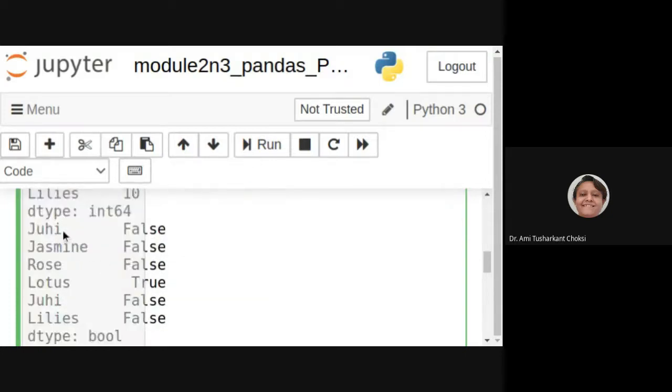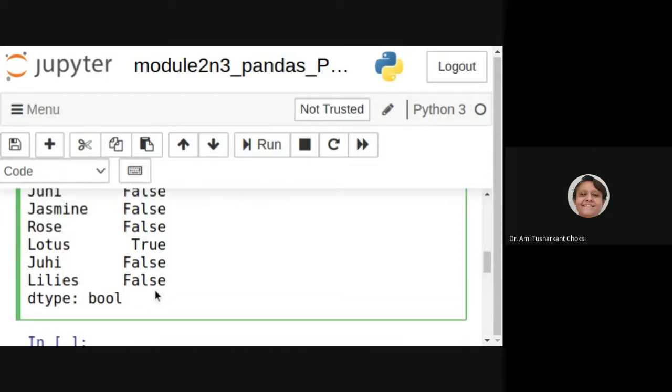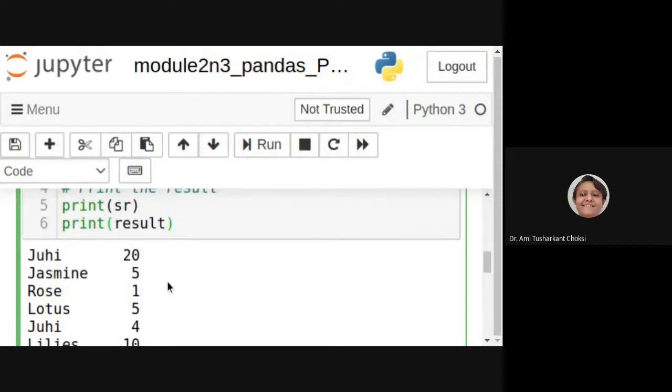For Juhi it says false, for Jasmine it says false, for Rose it says false, for Lotus it says true. Why for Lotus does it say true? Two times it is available. Not available, it is only available once.